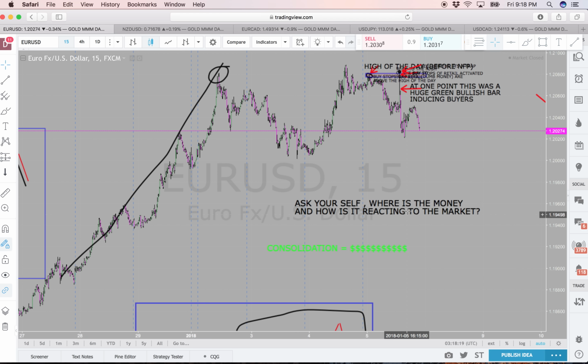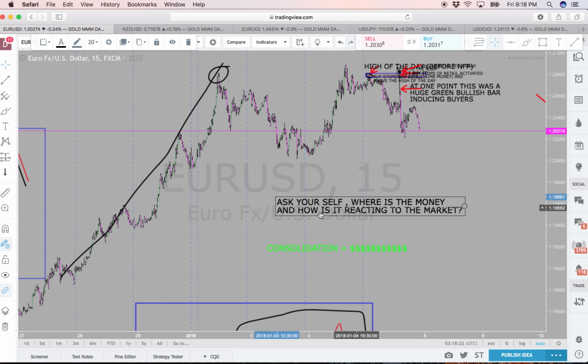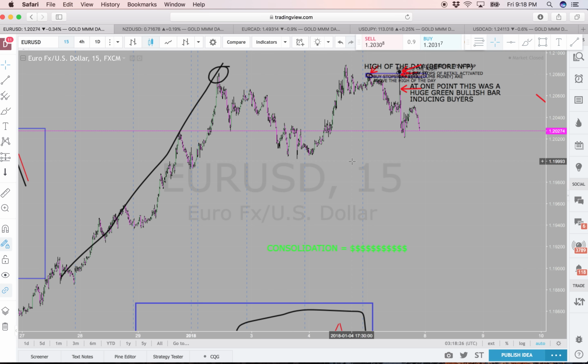Ask yourself, where is the money and how is it reacting to the market? So where are the retail traders and how are they reacting? Where is the consolidation? How is the dealer going to structure the market according to this consolidation and according to the highs and